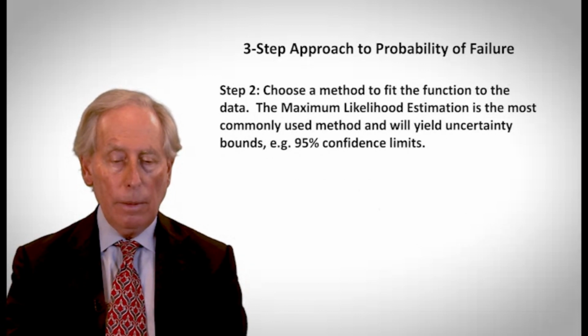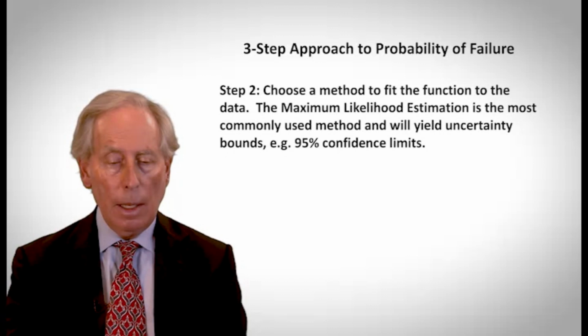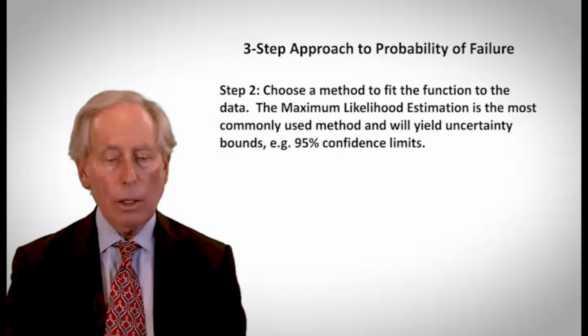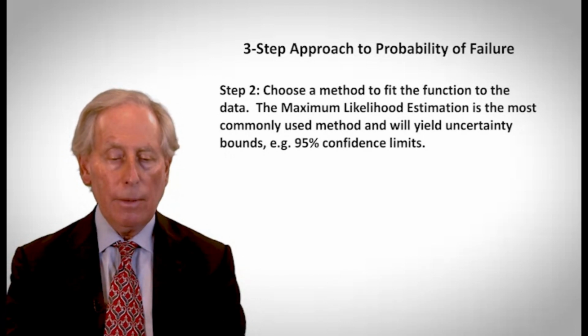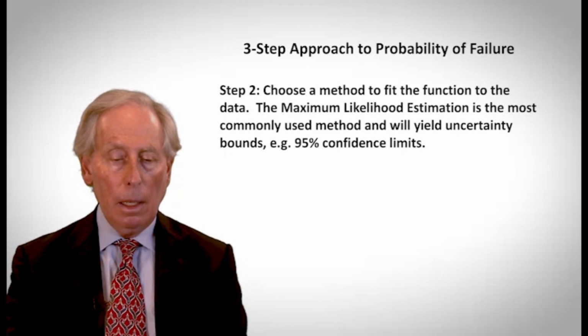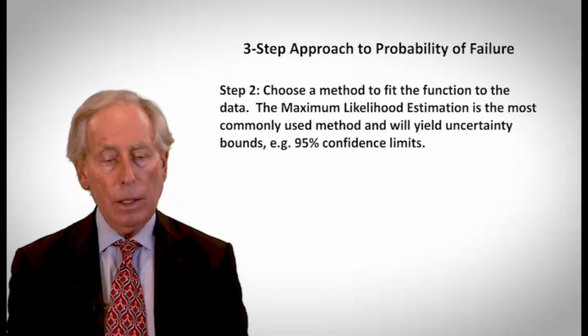So I did this as a function of steps. The first step was to choose the function that you see here. The second step is to fit the function to the data. I said earlier, the maximum likelihood, again, if you go to statisticians, they'll tell you there are other ways to estimate the best fit of these functions. But if you want a good fit, and you can determine the uncertainty in that fit, namely 95% confidence limits, then maximum likelihood works quite well. The next part of it is very new.